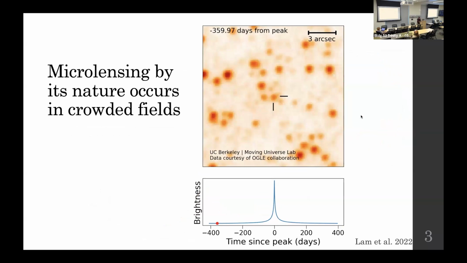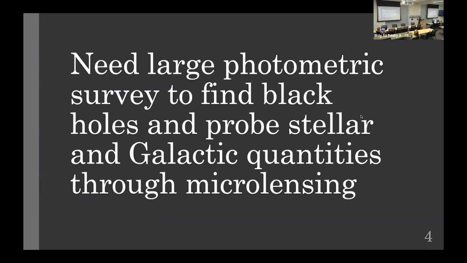So by its nature, microlensing occurs in crowded fields. You need a chance encounter of two objects going by. So here is a little video of a microlensing event over the course of a few years from the OGLE collaboration. And this is actually a black hole that we measured with microlensing. So if you're looking at photometry alone, you need a large survey in order to both find black holes and probe stellar and galactic